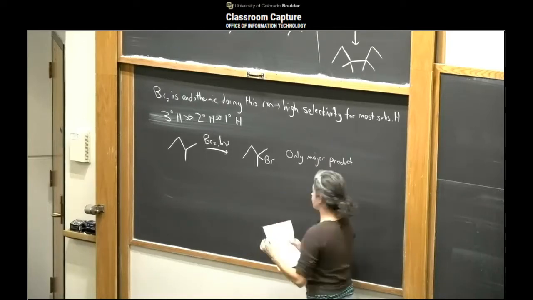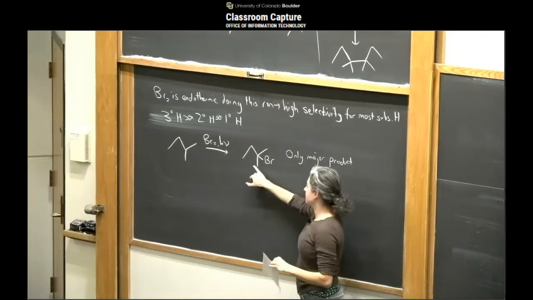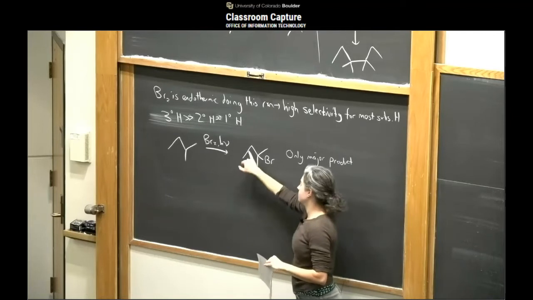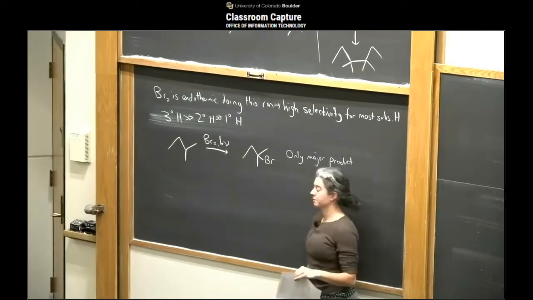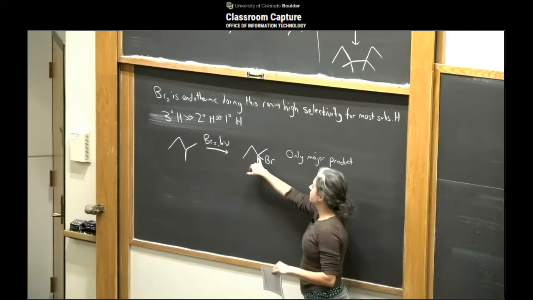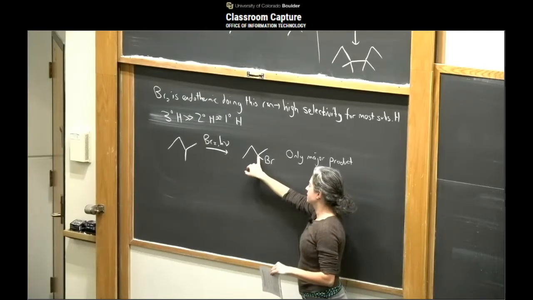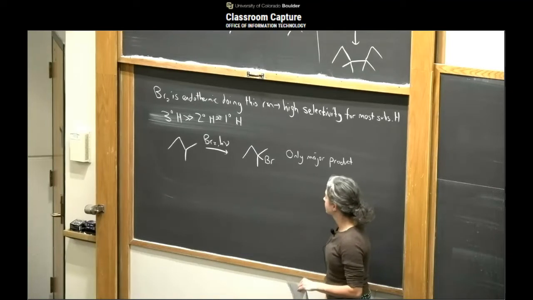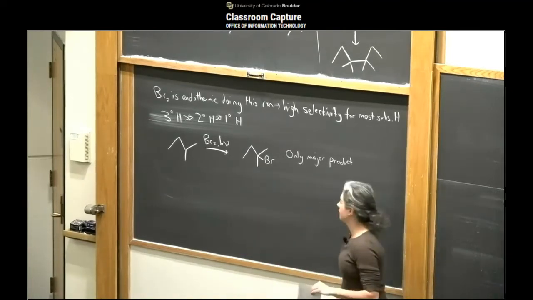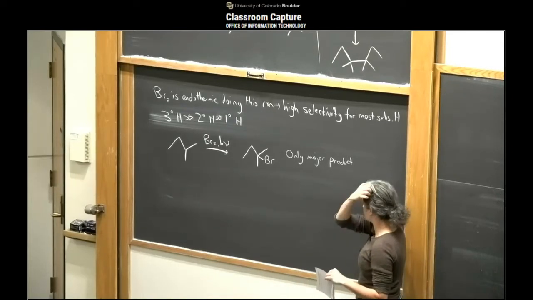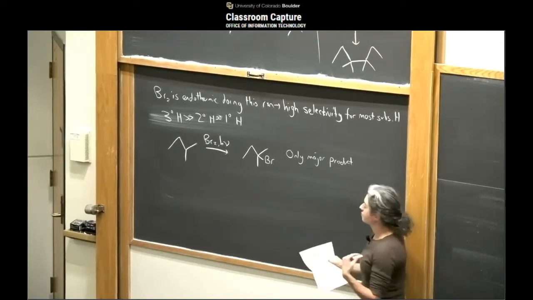You might get a small percent of molecules where maybe an H got pulled off here and replaced, or maybe off of here, or maybe off of here. But those are going to be sub 1% usually compared to the most substituted product, which is the bromine replacing a tertiary H. Okay, so bromine's real picky just because it can't afford to be wasteful with its energy in this reaction. By contrast,